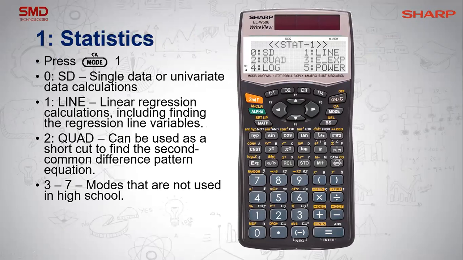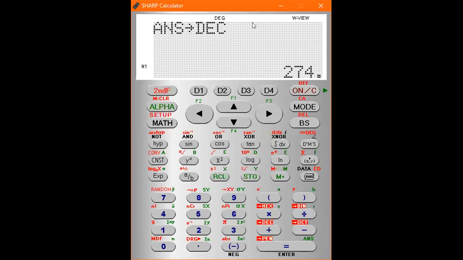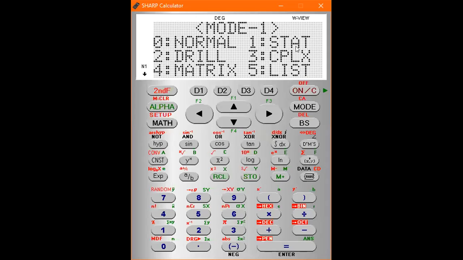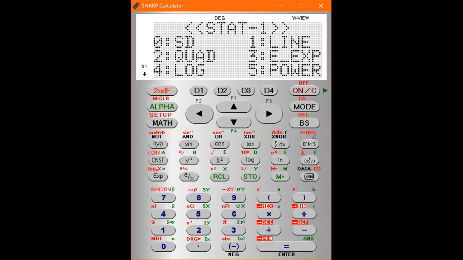So before I go back to the calculator, let's just chat through your stats menu. So you have SD, which is for single data. Then of course, line for linear regression, which is A plus BX. And quad, which I'll show you as well, is for second common differences. So we'll find the equation for your second common differences pattern as well. Okay, it's really nice. The rest of the modes, don't worry about. We don't use them in high school level. Okay, so to get to our stats mode, we press mode 1 for stats, and then we choose 0 for